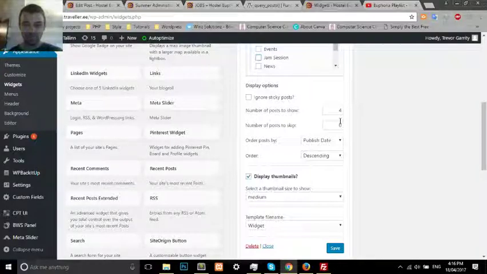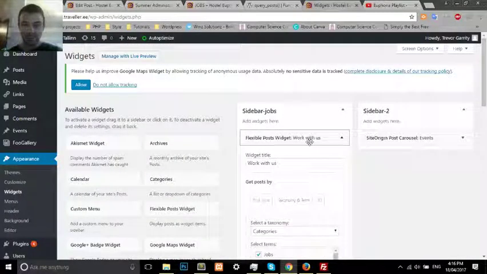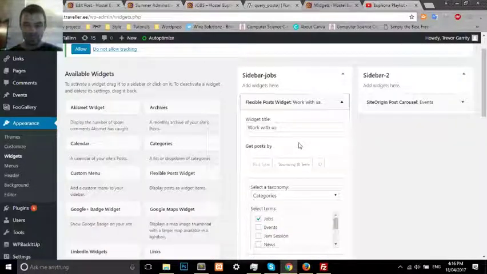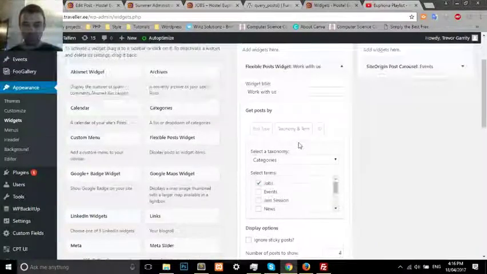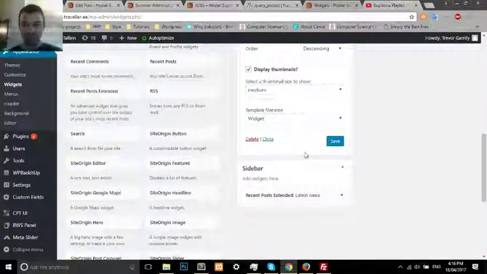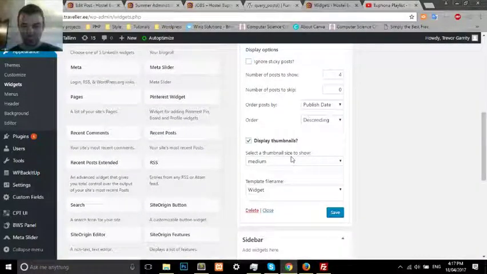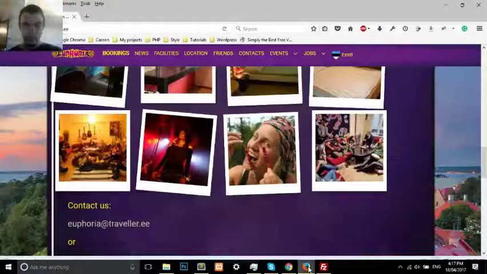The number of posts. So basically there's recent post extended, which is a massive amount of options, and then the flexible posts. With this one we can't exclude anything. I guess that's why I'm using that. I forget now. But if we want all the posts, so number 4, you're not going to need any more than 4. And then